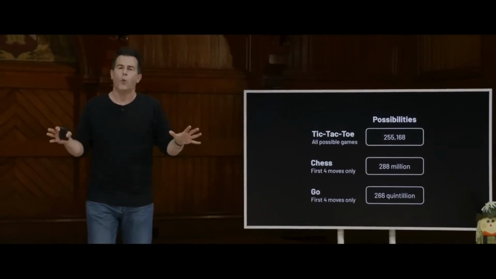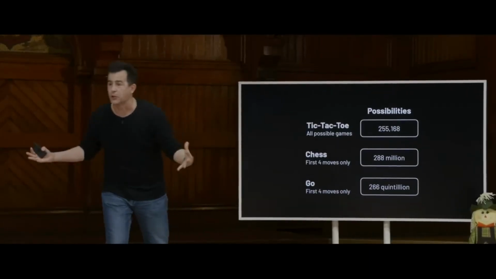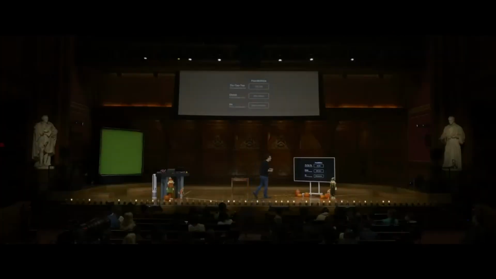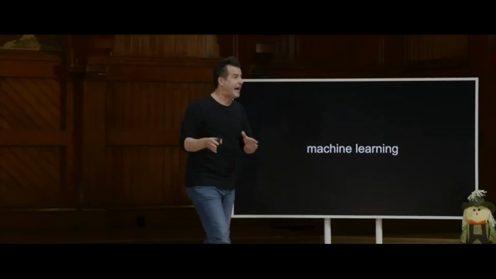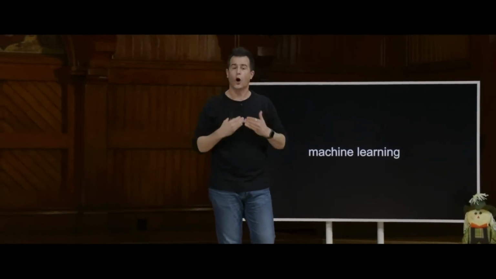So at this point, we just can't pull out our Mac, our PC, certainly not our phone, to solve optimally games like chess and Go, because we don't have big enough CPUs. We don't have enough memory. We don't have enough years in our lifetimes for the computers to crunch all of those numbers. And thus was born a different form of AI that's more inspired by finding patterns more dynamically, learning from data, as opposed to being told by humans, here is the code via which to solve this problem.